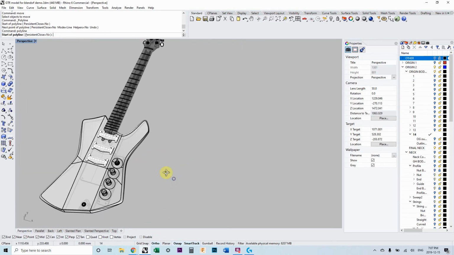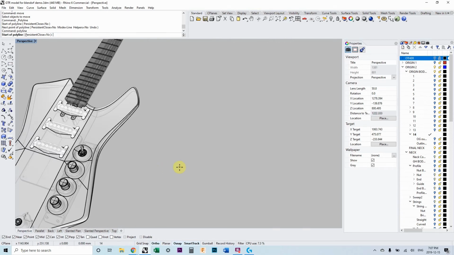This is my strategy behind it. I have ortho on all the time so that I'm always locked on to my X and Y axes. And if I hold shift, then I am not locked on to those X and Y axes. So you don't have to turn it off to get unlocked. But if I hold shift, I'm not locked to the X and Y, but I am still locked to my object snaps. But if I hold shift and I hold alt, then I'm not locked onto anything, including the